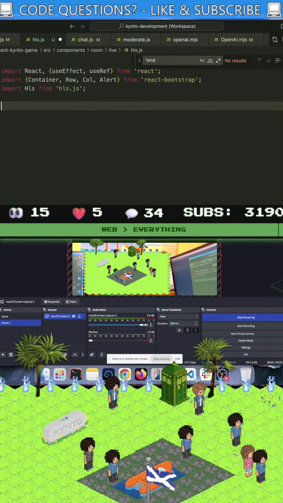Looks a wee bit of a waste of time to implement HLS, but for whatever reason I've been led down this rabbit hole, guys.